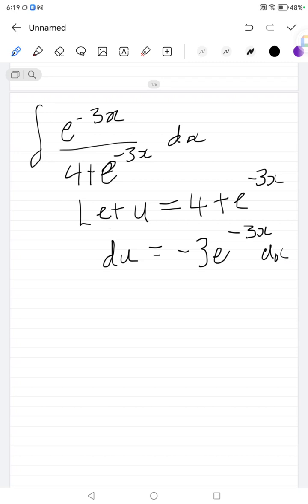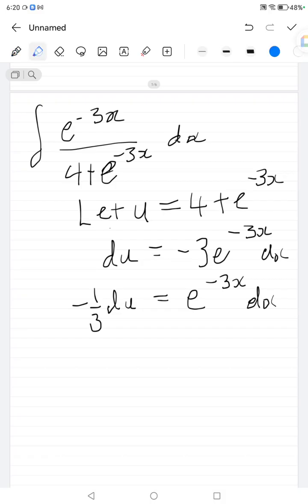Then we can just divide by minus 3. This is the same as having minus 1 over 3 du, which is equal to e to the exponent minus 3x. So now at least there is some light where, yeah, I remember